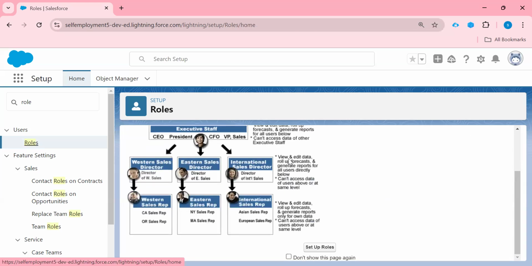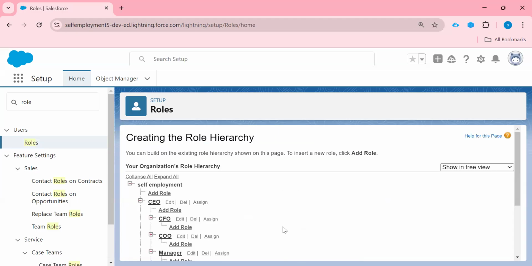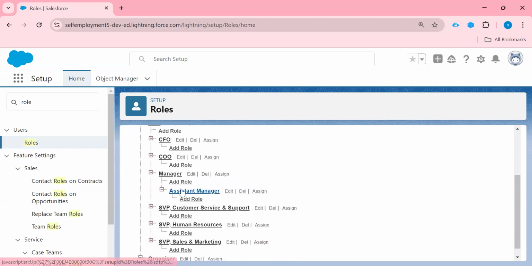So come here, click on setup, come here, assistant manager and the manager, right? First of all I'm going to assign this manager role, right? So this is the assign option. You can assign from there also, you can assign from here also, right?